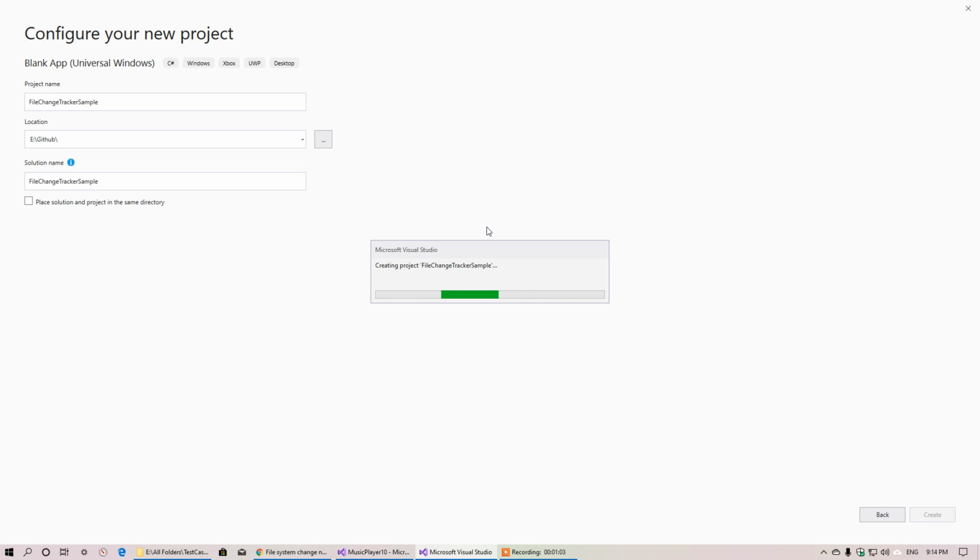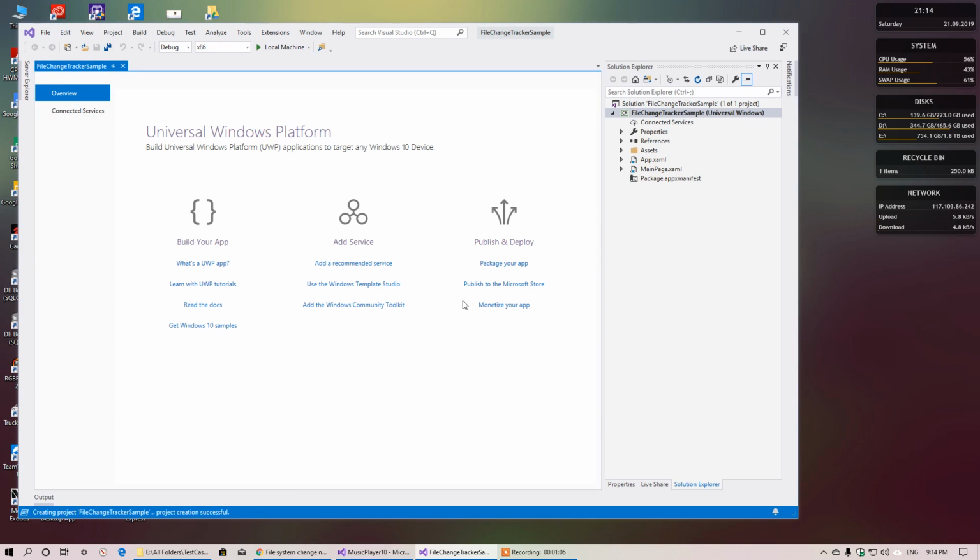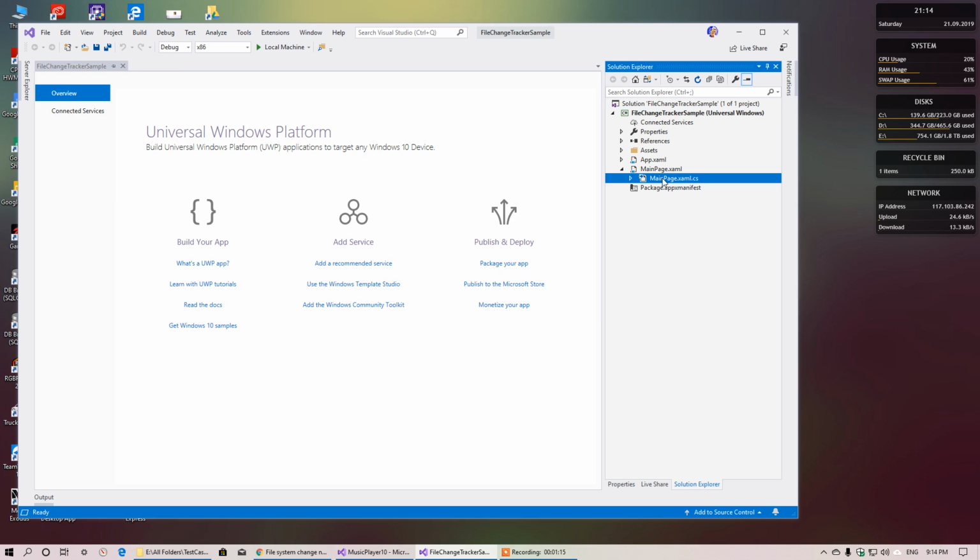For this sample I will copy and paste some code, so please don't mind. I will explain which function does what. Okay,